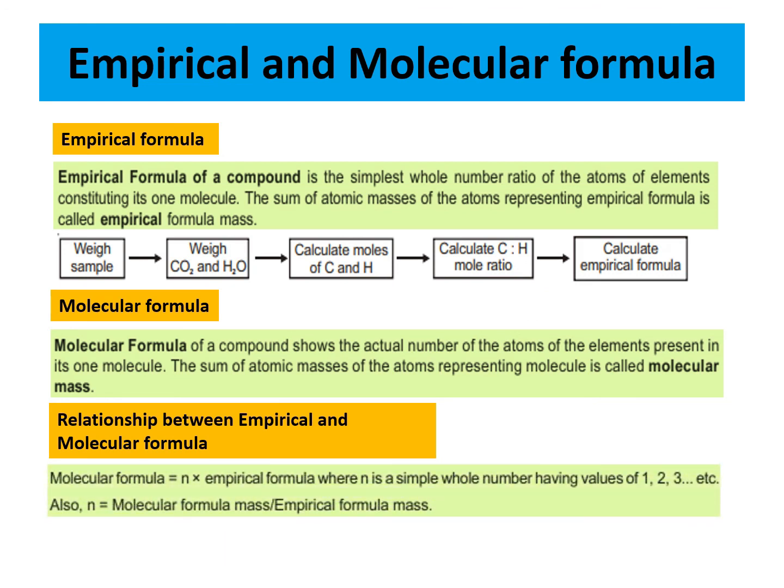The molecular formula is equal to N into the empirical formula. The N is a simple whole number having values of 1, 2, 3, and so on. For glucose, the empirical formula is CH2O. If N into CH2O, how much is there in that? If you write 6 into CH2O, then that is the molecular formula, C6H12O6. Then here N is equal to 6 for the case of glucose. So N is equal to the molecular formula divided by the empirical formula.